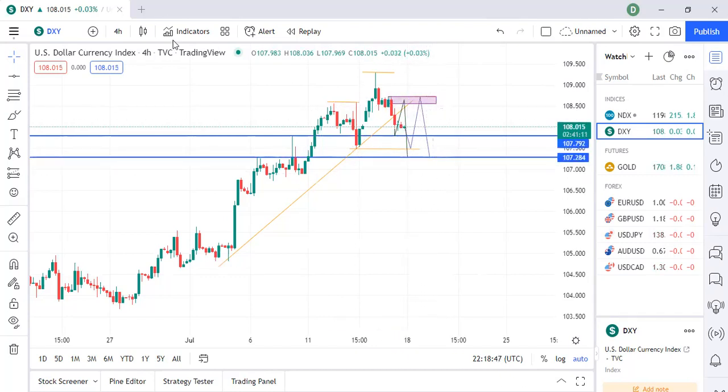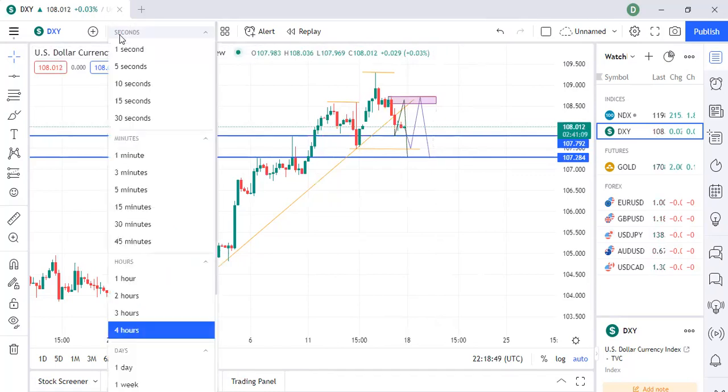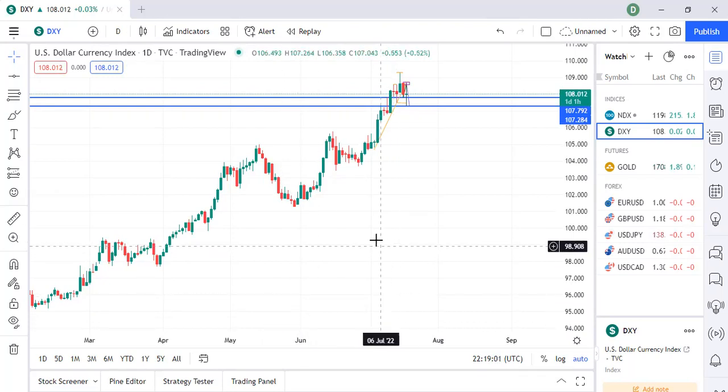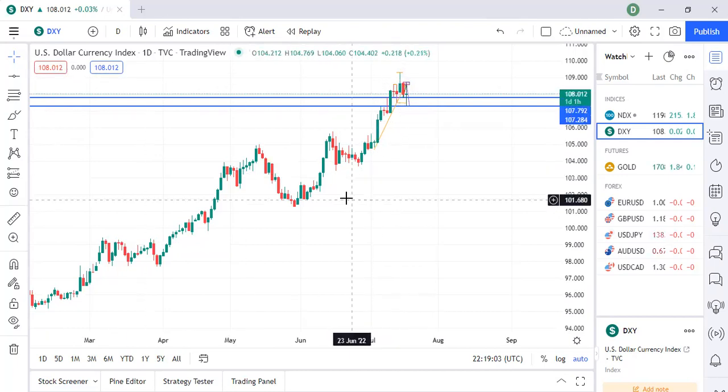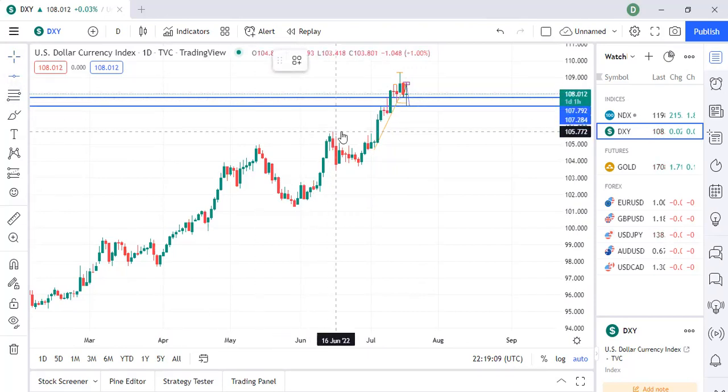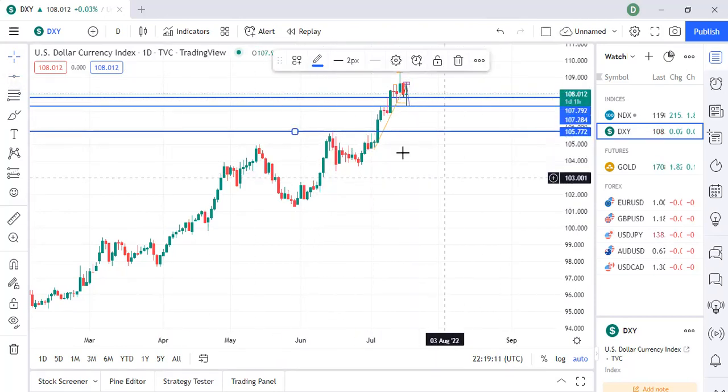But in general, as we all know, let me go to the daily time frame. DXY is on an uptrend, and by that bias, I will be looking out for more buys. So it's two things I'm looking at. We are still going to continue with our buy because I'm expecting price to surely pull back to test this flip level.